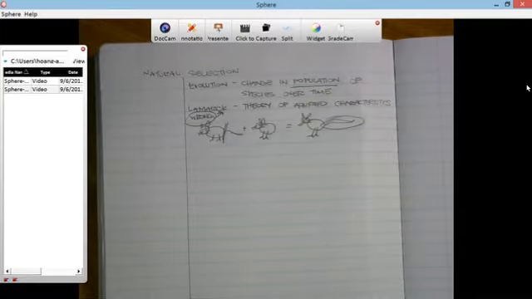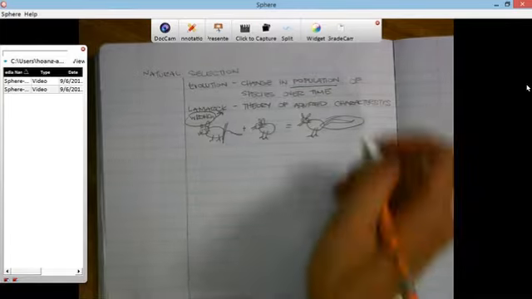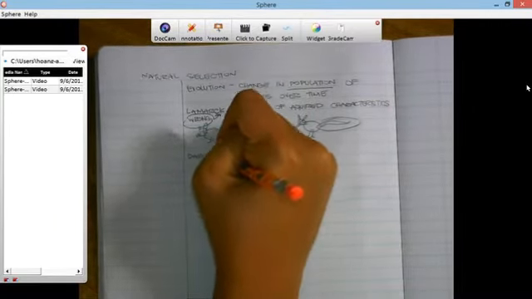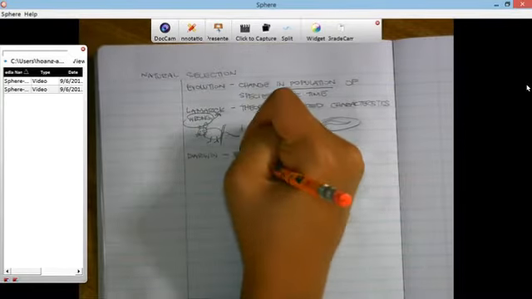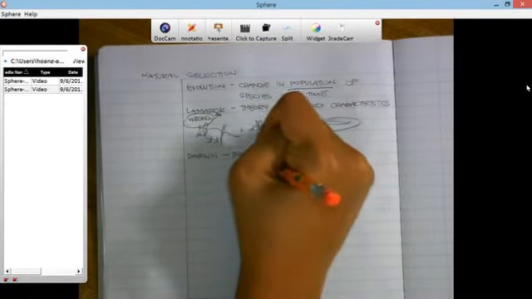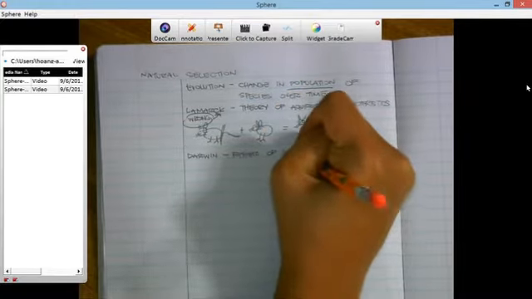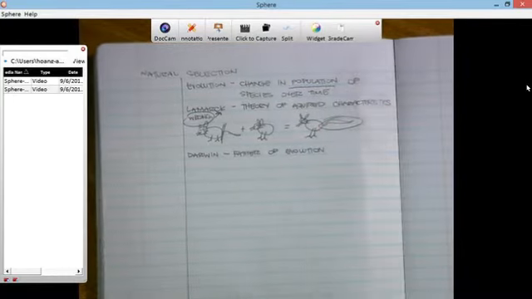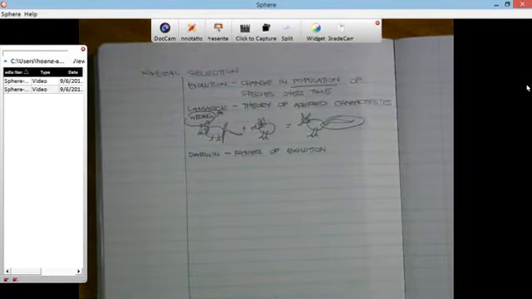It wasn't until Charles Darwin proposed the idea of natural selection. So Darwin is known to be the father of evolution. He did a lot of traveling and observed a lot of organisms over time, and he came up with this theory of natural selection, which has been proven to be correct.